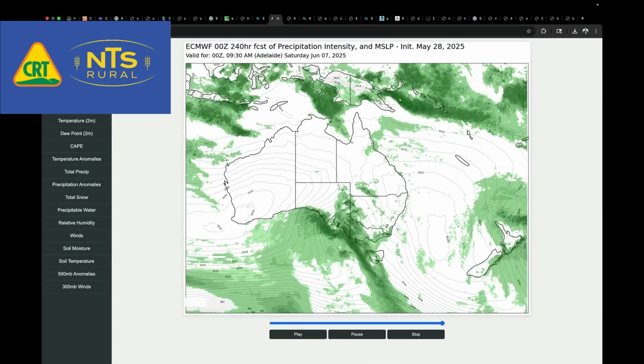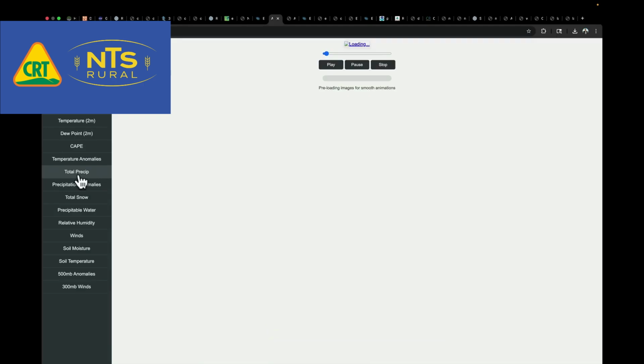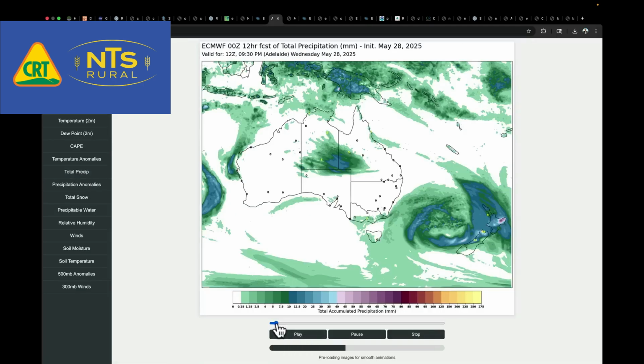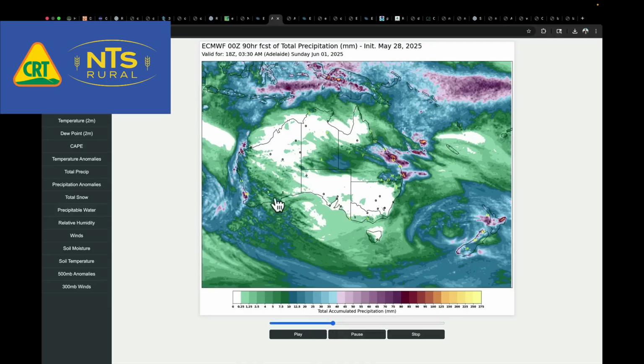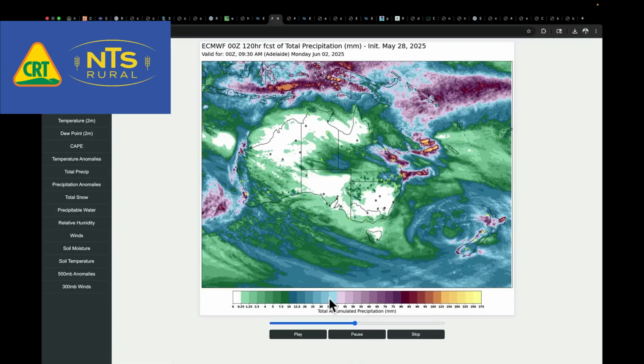If we go back to the European model, which is here, let's go ahead and just add up precipitation, because I do trust this model more on its precipitation totals. That's getting through Friday into Saturday. There we go. That's the first front. There's our scattered rain along the coast of Queensland here. Then here it is Monday. Watch the west. Monday,